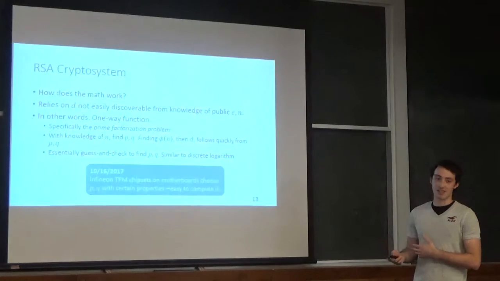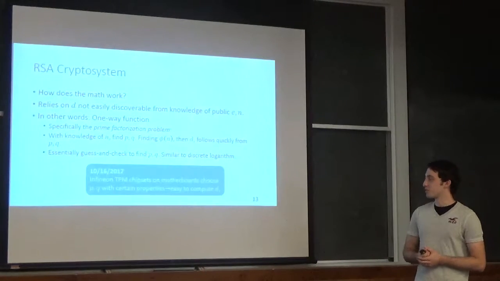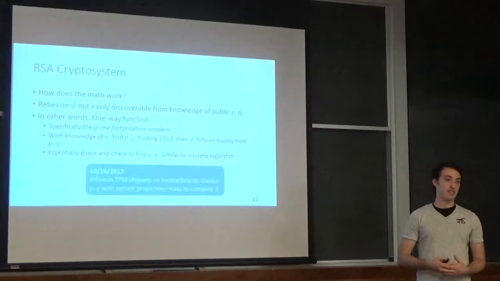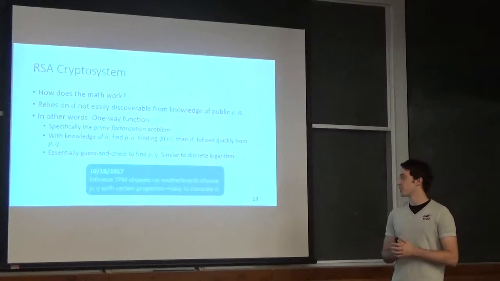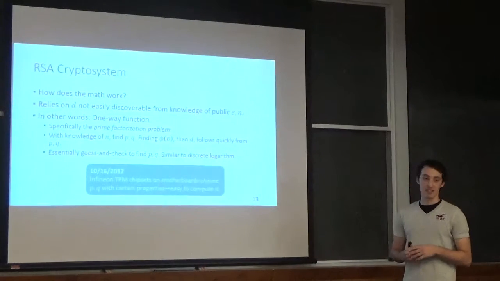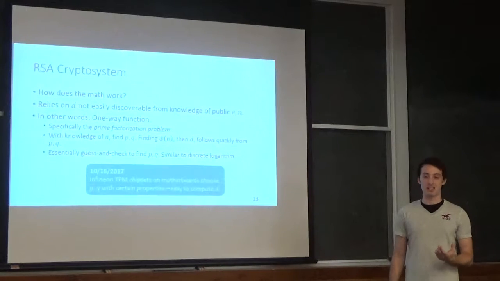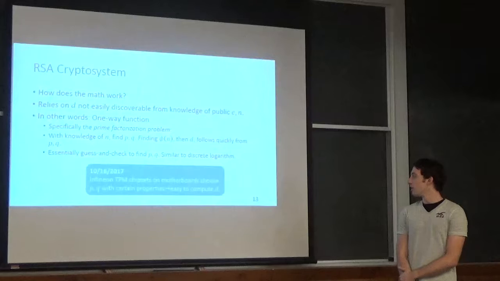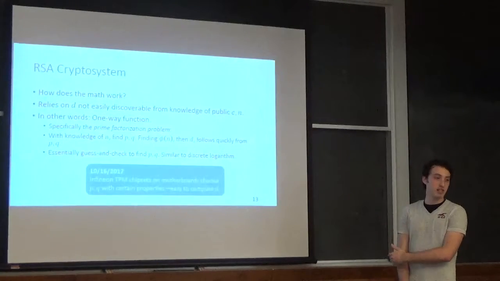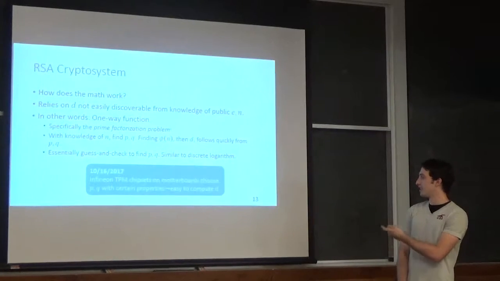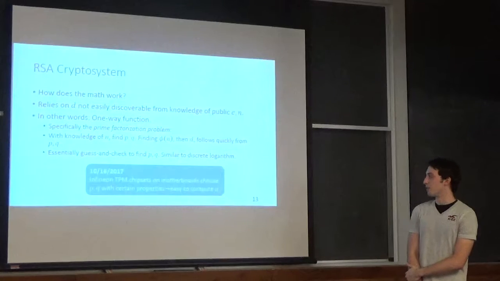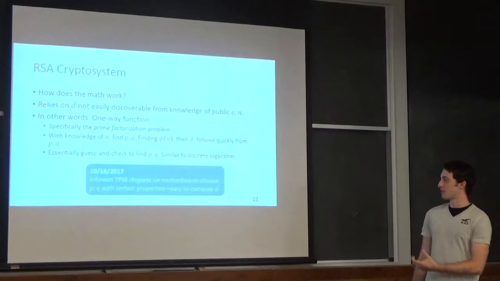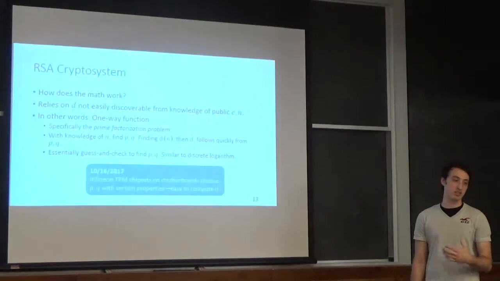So in other words, this is another one-way function. But this one, rather than the discrete logarithm problem, focuses on the difficulty of prime factorization classically, which basically says with knowledge of n, it's very tough to find p and q, as long as p and q are very big. After you do find p and q, however, finding phi and then d follows very quickly. So basically it just relies on the prime factorization, which is essentially guess and check, similar to the discrete logarithm